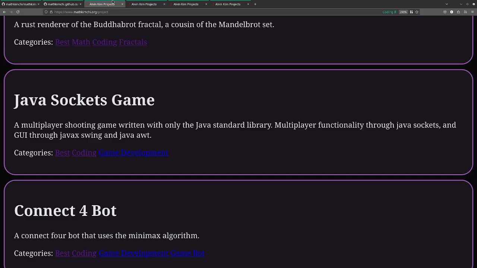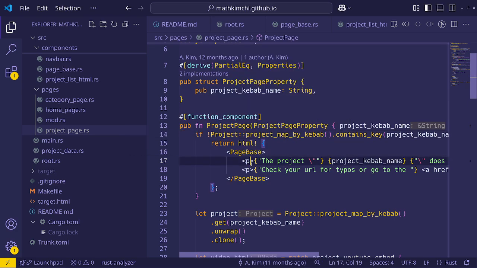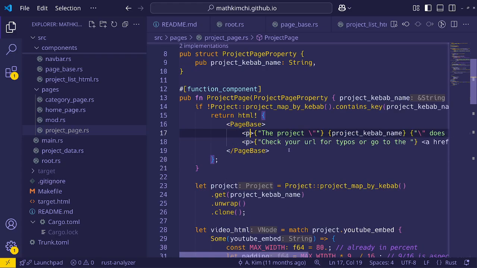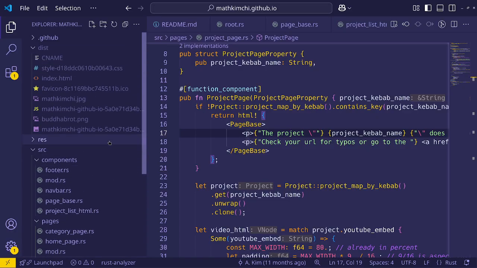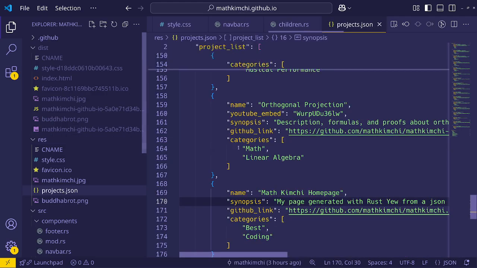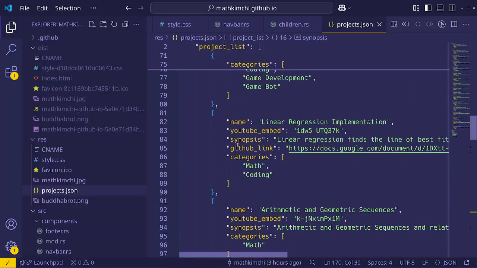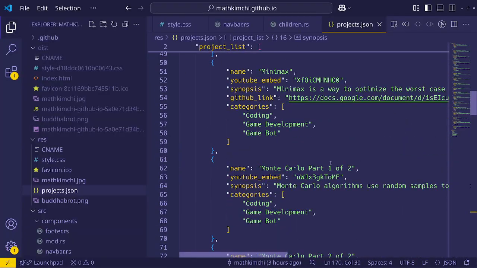And as a developer, you should try to not repeat yourself. That's the DRY principle, don't repeat yourself. And the way I did that is by having a JSON list of all the projects I want to display. So for example,